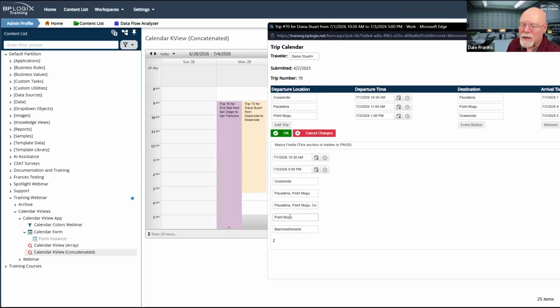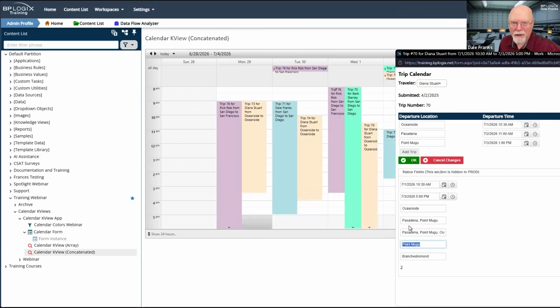Now, the reason why this Point Mugu field is here is because that's how I have chosen, we talked about in the interest of time or in the interest of space. That's how I chose to display it. Although these are longer trips, so I could use this value here for Pasadena and Point Mugu instead of just,